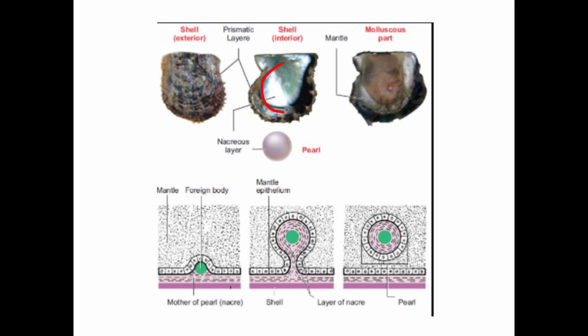The majority of pearl oysters are marine. Some freshwater forms are there. But the superior quality pearls will be produced by the marine pearl oysters, which belong to genus Pinctada. Common examples are Pinctada vulgaris, Pinctada fucata, Margaritifera, etc. Then the freshwater pearl oysters are also available, but they are of inferior quality and will produce only inferior quality pearls. Then the pearl oysters are bivalve mollusks.